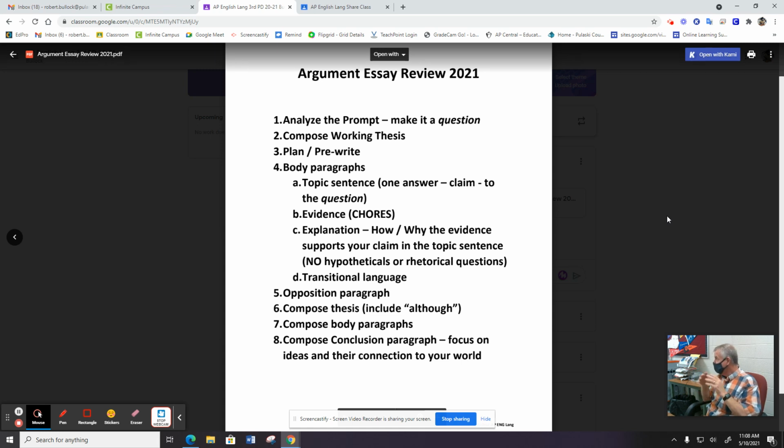Just put an X through a paragraph if you don't want the readers to read it, and they won't read it. Trust me, they've got thousands of essays to read. They're not going to read something that you don't want them to read. If you write a whole paragraph and you think, oh my gosh, I don't even want to say that, it doesn't fit, just put an X and move on. You don't have to sit there. Same thing on a sentence. You don't have to sit there and mark it all out, put a line through it and move on.